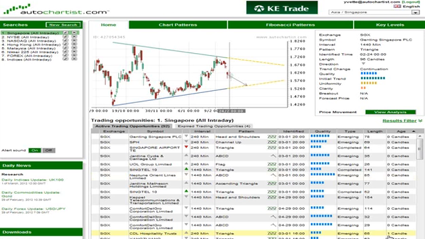You'll also notice that we've got only the one grid at the bottom now, and in there what we've done is we've consolidated all the different pattern types. So there are chart patterns, there are Fibonacci patterns, and the new type of analysis that we call key levels. Key levels are nothing more than just simple horizontal support and resistance. So all of these types of results have been consolidated into this grid below, and we've added this little results